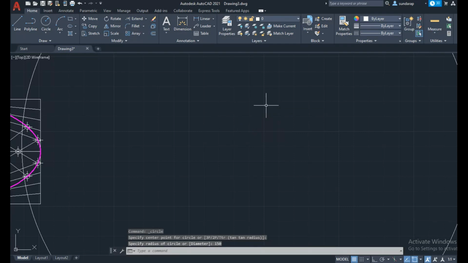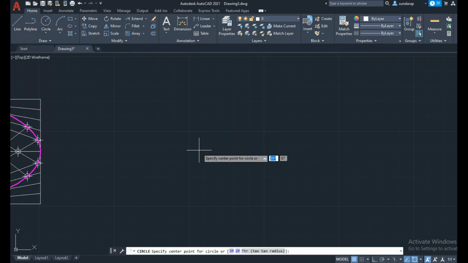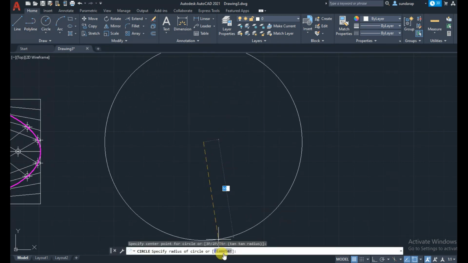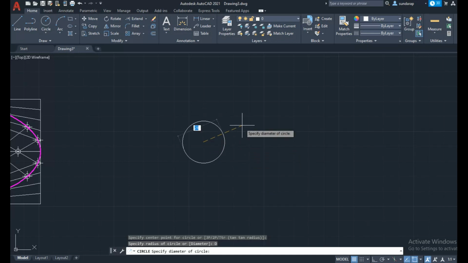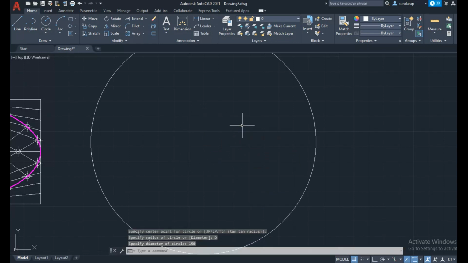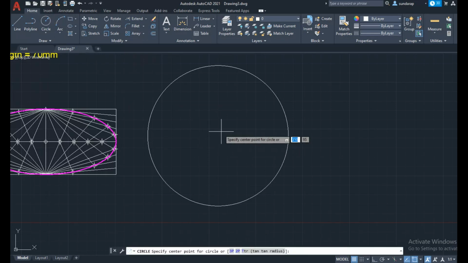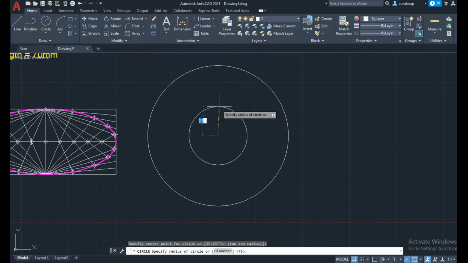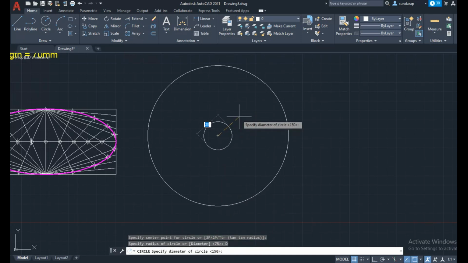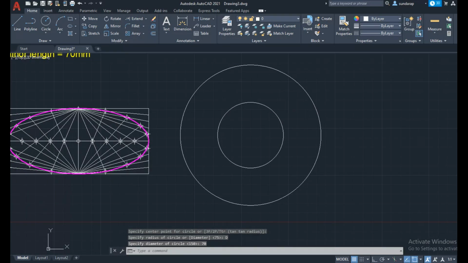Then for the minor length concentric circle, use the same center point and give a diameter of 70 mm as the minor length.